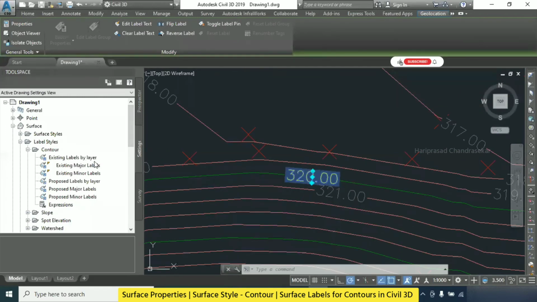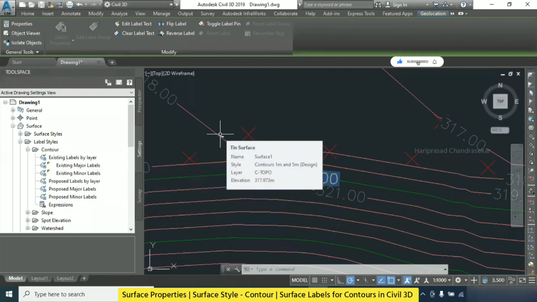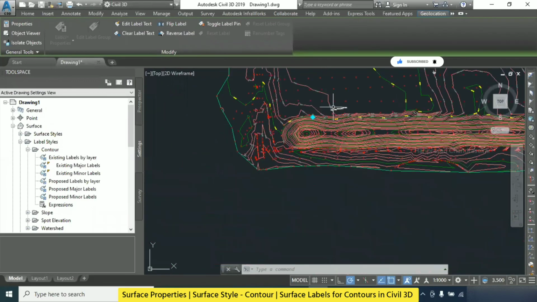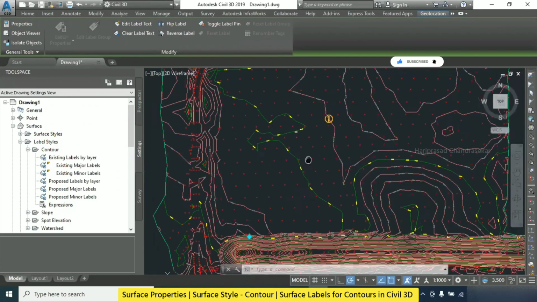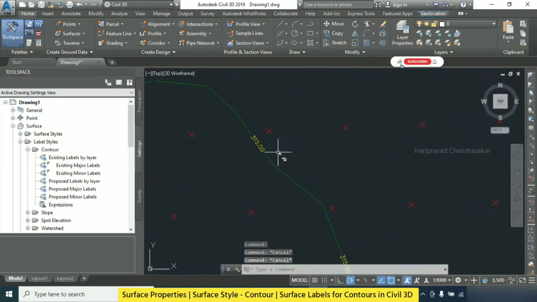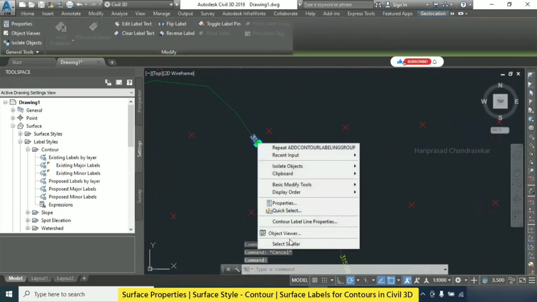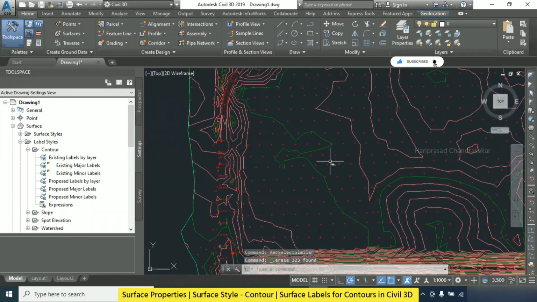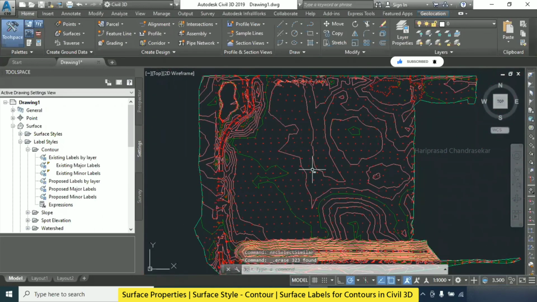So whatever you want as a bulk edit, you can go here and edit the things. So it is applicable for all the surface labels. But if you don't like them, you can right click, select similar, and then we can delete it. So if you don't like the labels altogether, select similar and delete is good actually.